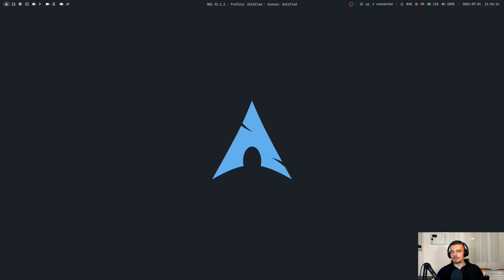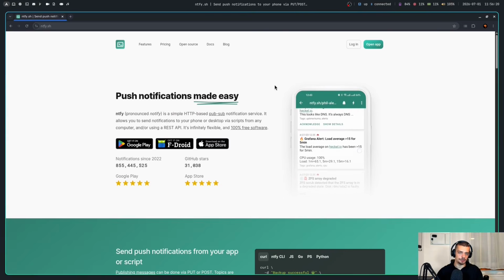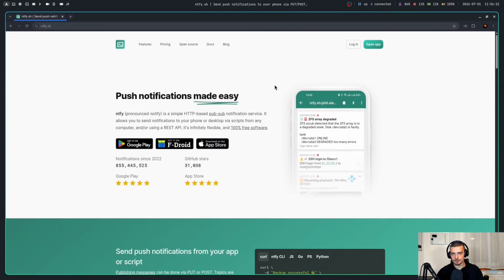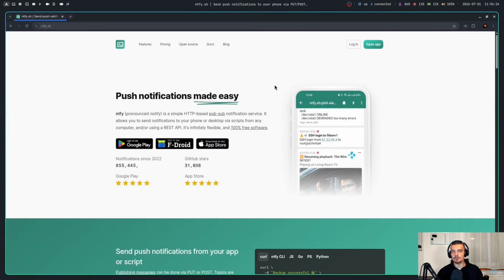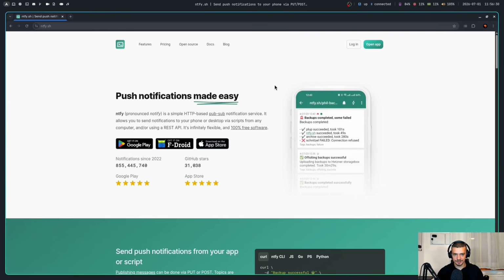Alright, so let us get started right away. The thing we're going to talk about today is ntfy.sh, a service that sends push notifications to your phone. As I mentioned, completely open source, free to use. We can self-host it. We will self-host it. And in my opinion, this is an essential part of any production setup. This or a similar service, this is probably not the only one out there, but it is the one that